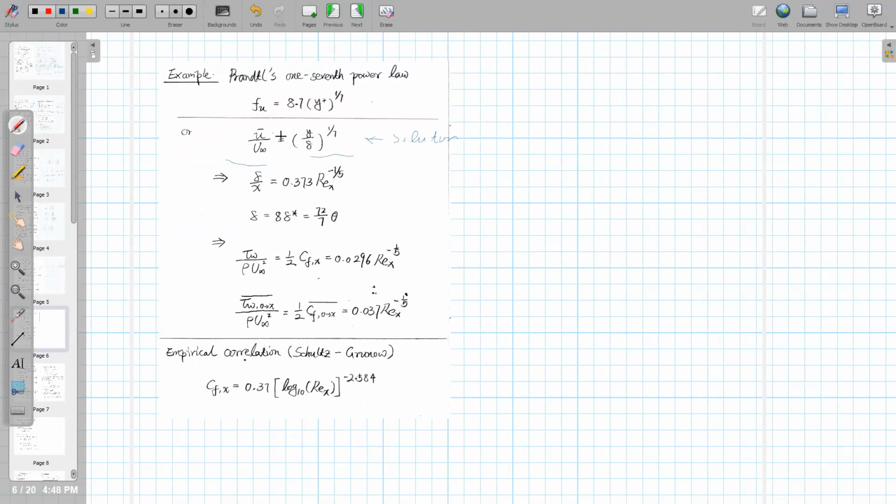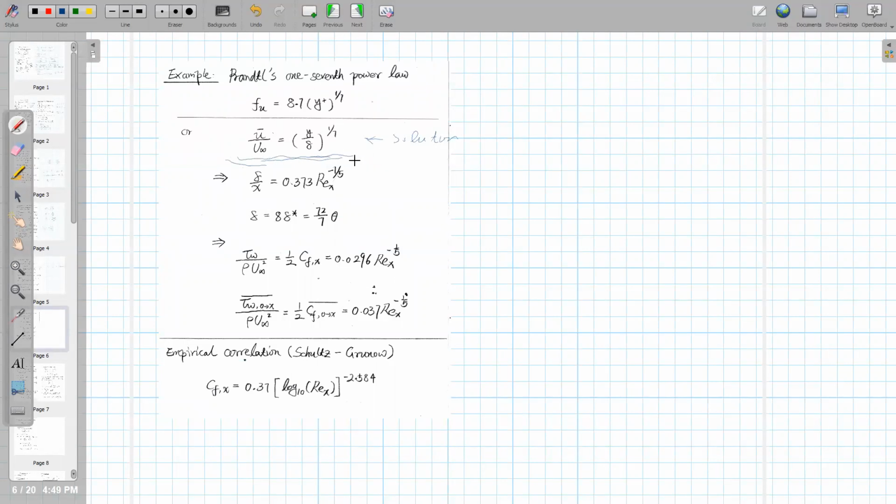Basically this means that in the turbulent boundary layer, the mean velocity over the free stream velocity will equal y divided by delta to the power of 1/7. That is why it's called the 1/7 power law. The velocity distribution u over u infinity as a function of y over delta will follow the 1/7 power. And if you know this velocity distribution here,